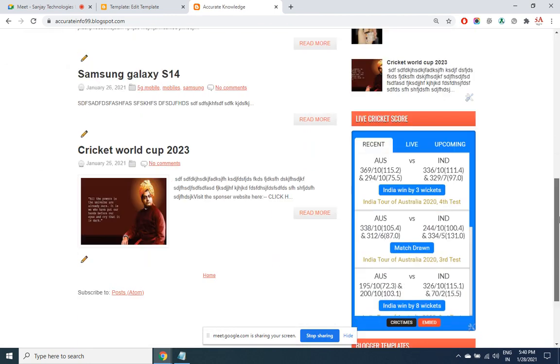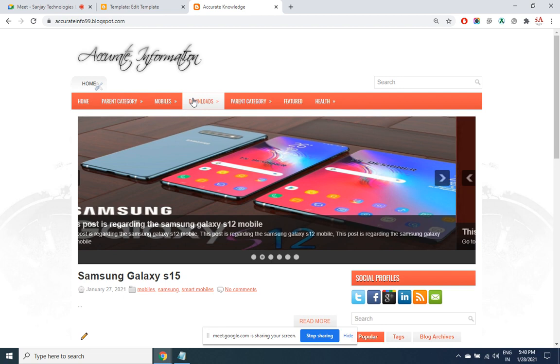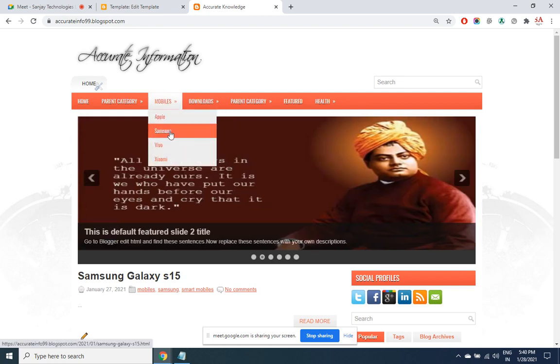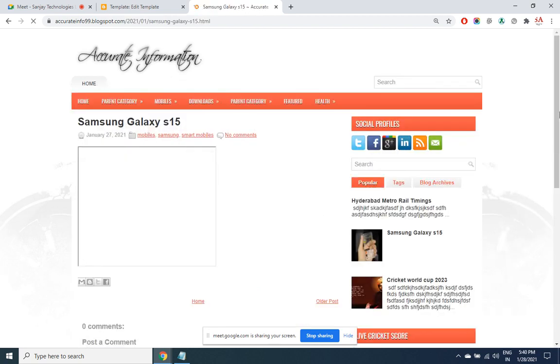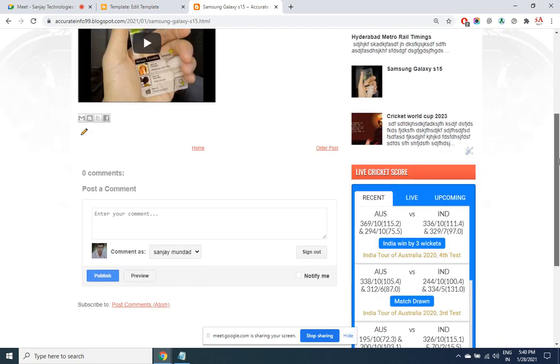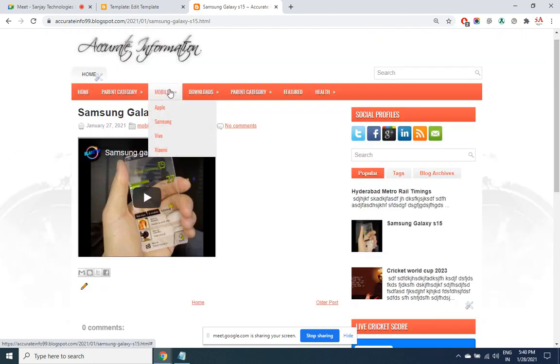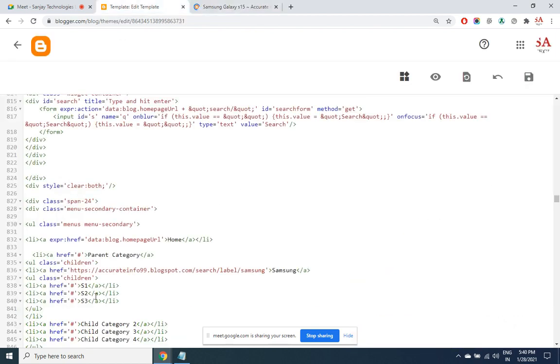all the posts are shown, but I want all the pages which are only relevant to Samsung. I click on Samsung here. So only Samsung relevant pages will show up. Oh, sorry. Where have we provided that?